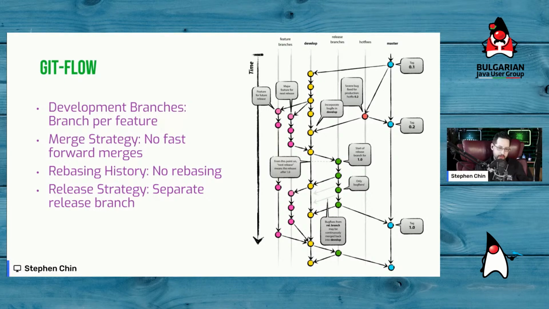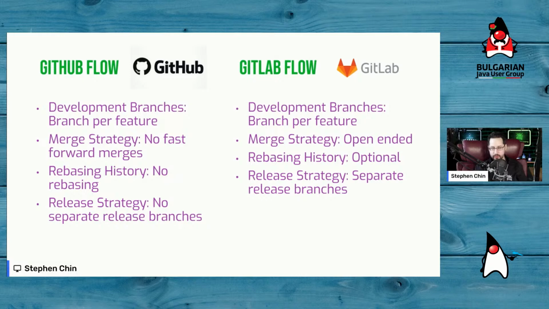But I think this is a bit overkill if you're building software for the web, if you're building things which basically have one latest version. So more appropriate branch management strategies for those would be something like GitHub Flow or GitLab Flow. Both of these have, again, feature branches, so branch per feature. But where they differ from Git Flow is they really have one master branch, so they don't have release branches,